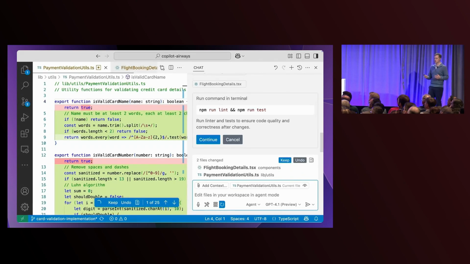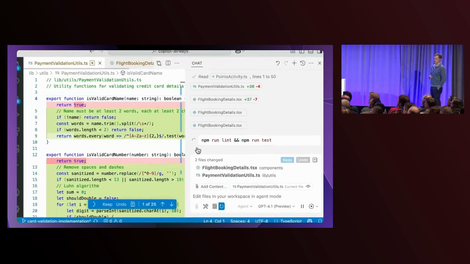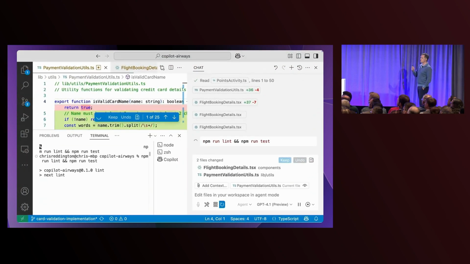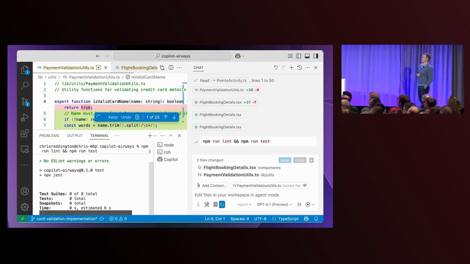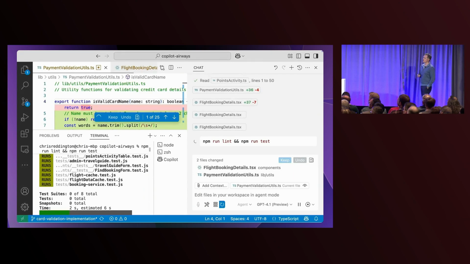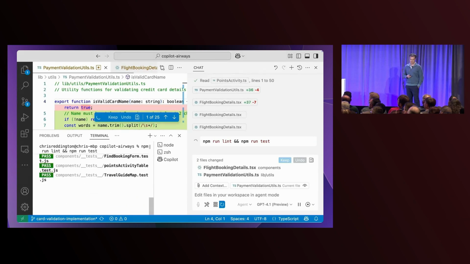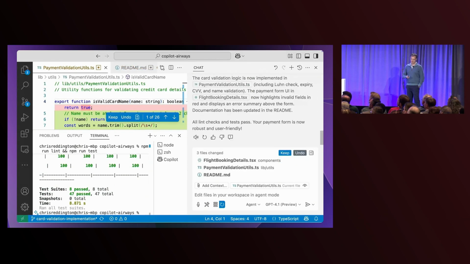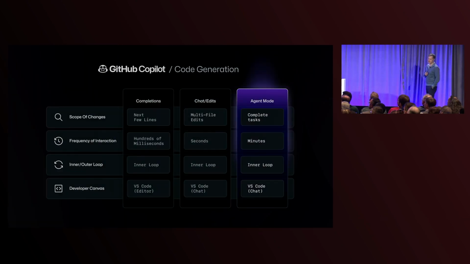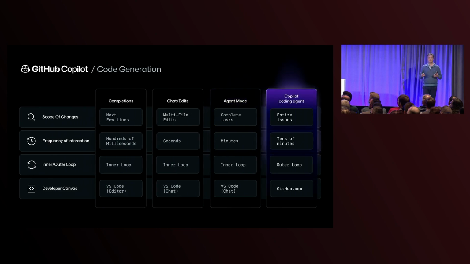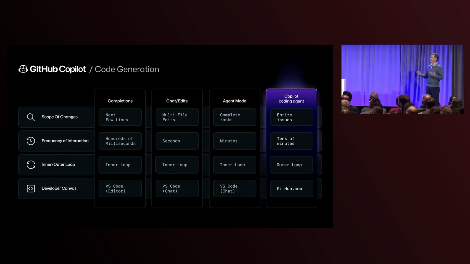It'll go and run some tools like my npm run lint, my npm run test. It'll see the results of those tools. If they fail, it'll recognize that and figure out what to do to change its path and its trajectory on the work it's doing. And if they succeed, it'll move on and say, OK, I've completed the task you gave me. So this example just took 30, 40 seconds. But you can imagine this in many cases can take many minutes, or sometimes I'm sitting there working with it, iterating for tens of minutes on a problem.